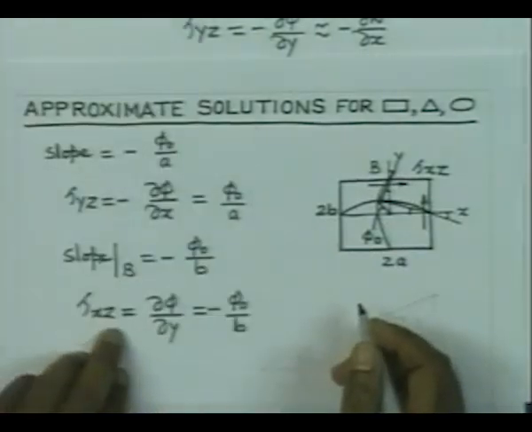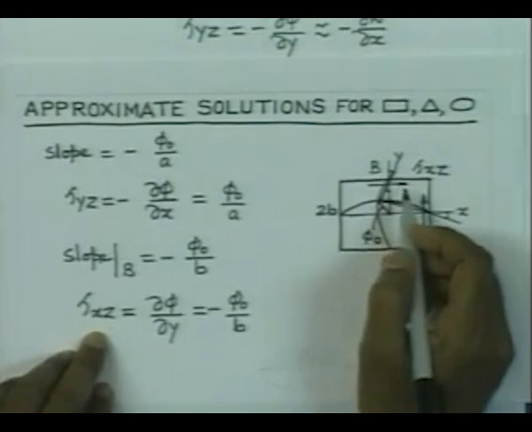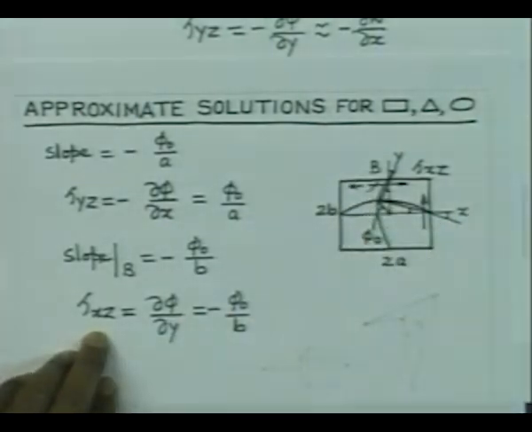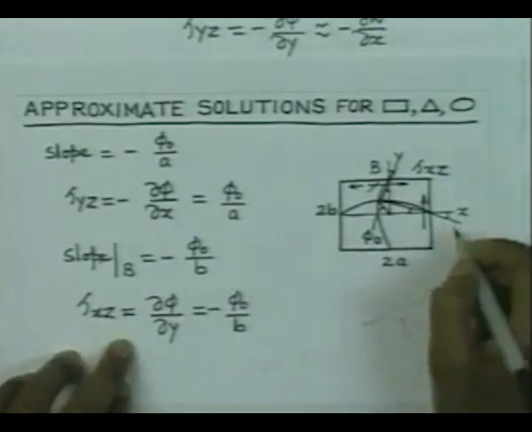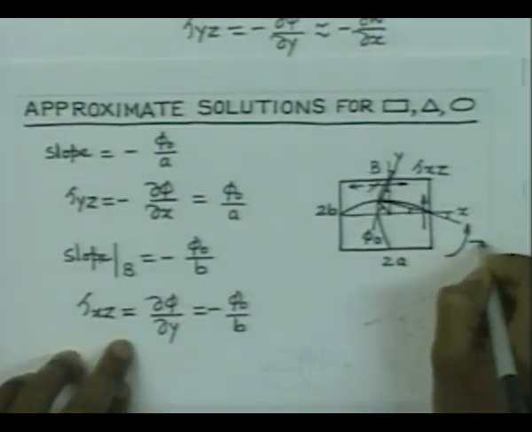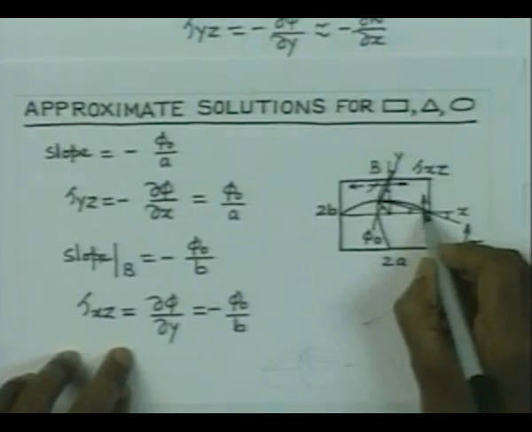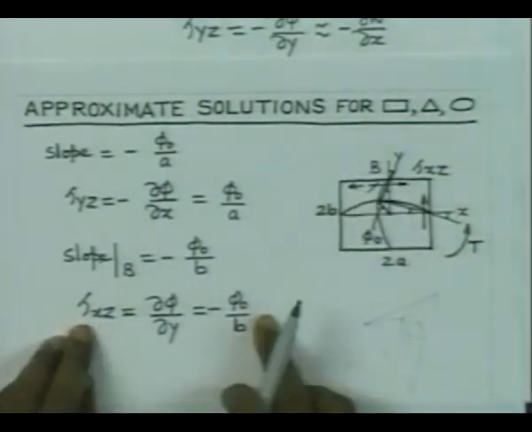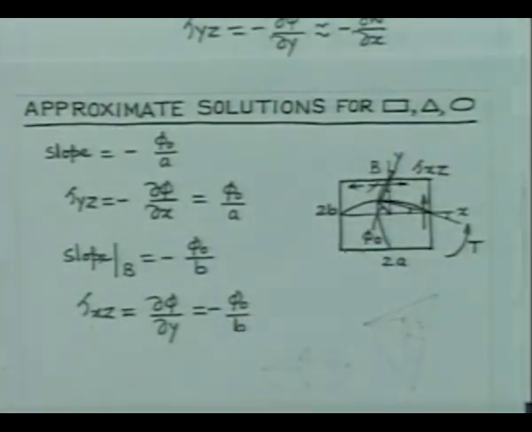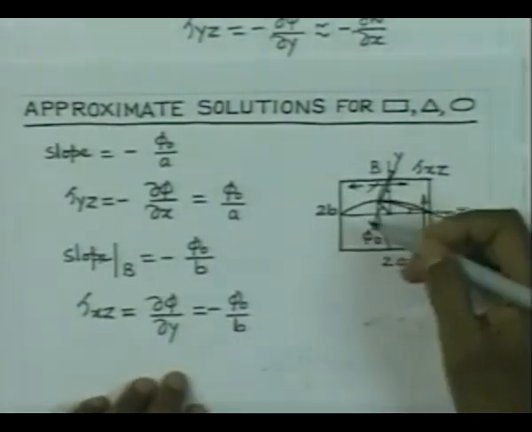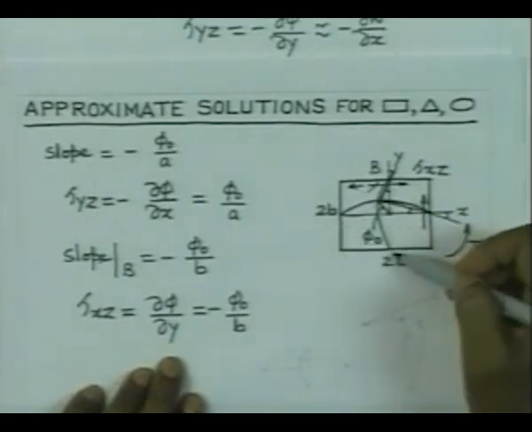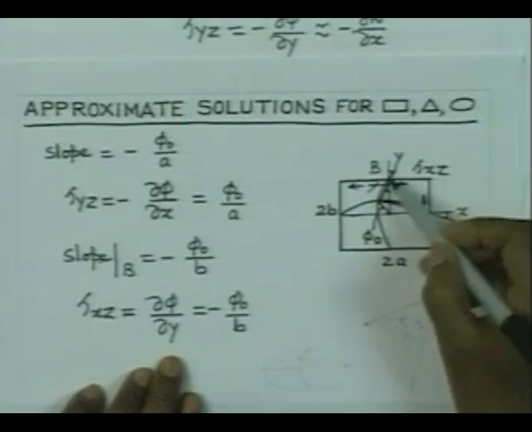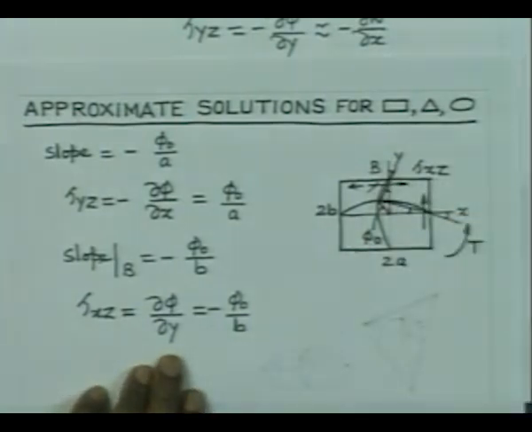What it means is that the stress cannot act in this direction, it is going to act in this direction only. So that is not the direction which is correct, and if the torque on this shaft is acting like this, we know for sure that this stress here should be acting in that direction, and the stress here should be acting in this direction, and we have got the values correctly. So therefore, without any difficulty, you can understand that if b is less than a, we are going to get this slope to be higher than this one, and hence higher stress is going to act at this point,